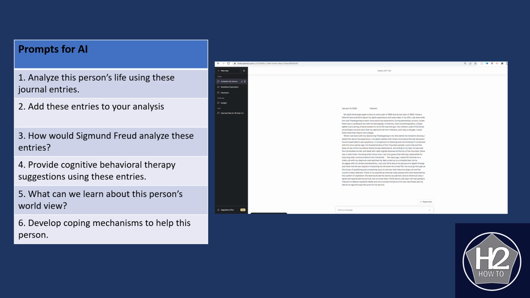And then as I said before, it limited the amount of text I could upload. So let's say this was about 2 pages worth. I gave it the prompt, analyze these. And then I added some more journal entries, and I said, add these entries to your analysis. And then this represented another section. And then I just kind of did that until the entire journal was in that chat.